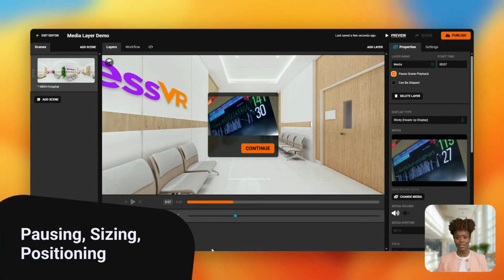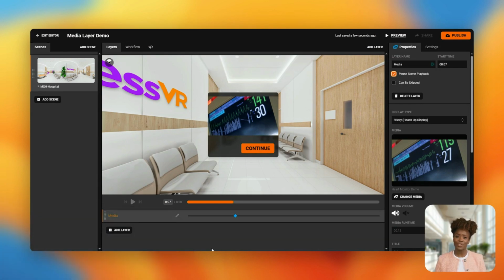By default, media layers will cause your experience to pause playback when they appear on the timeline. This is useful for interrupting the core message of your scene to provide more details or sometimes even a correction. If what you want instead is for the media to play without interrupting the scene, just uncheck Pause Scene Playback